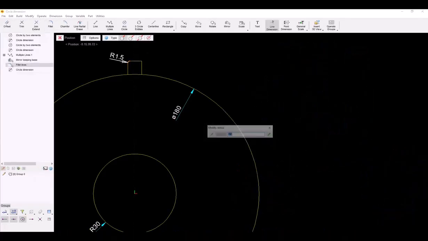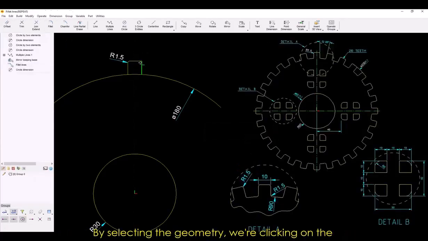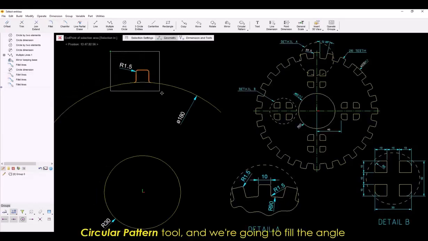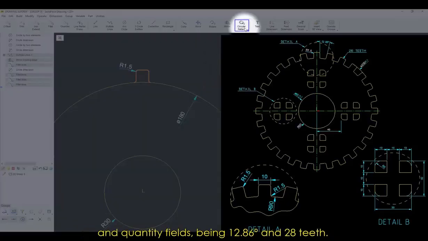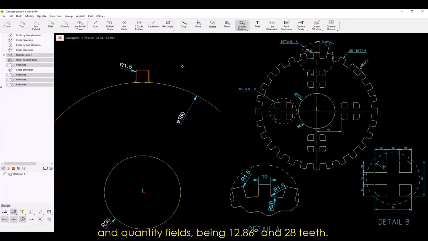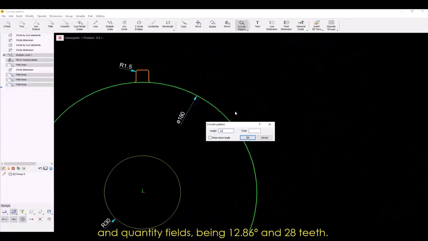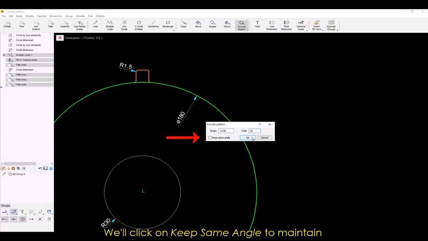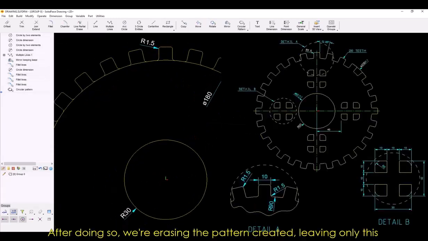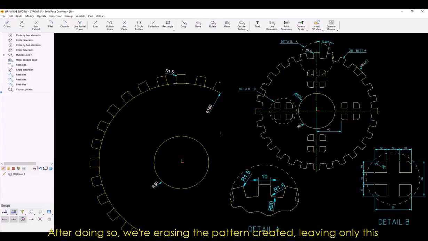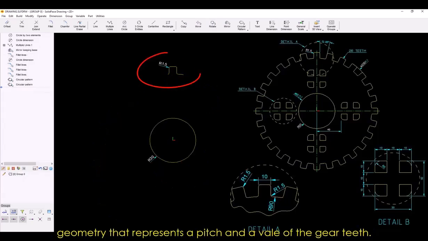in the figure. By selecting the geometry, we're clicking on the Circular Pattern tool, and we're going to fill the angle and quantity fields, being 12.86 degrees and 28 teeth. We'll click on Keep Same Angle to maintain the same angle to every tooth. After doing so, we're erasing the pattern created, leaving only this geometry that represents a pitch and a value of